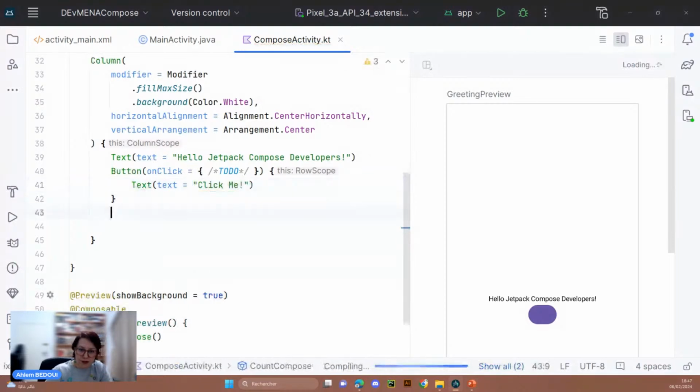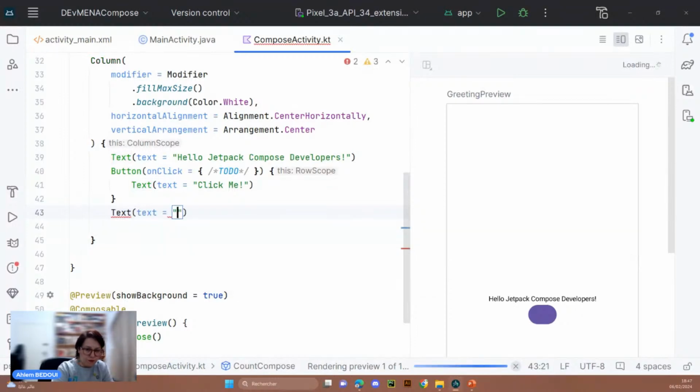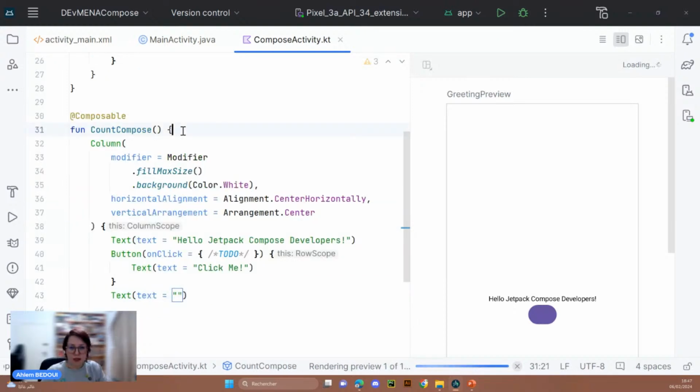And finally, we have another text that will be changed later. I will tell you how we want to change it. Let's declare our